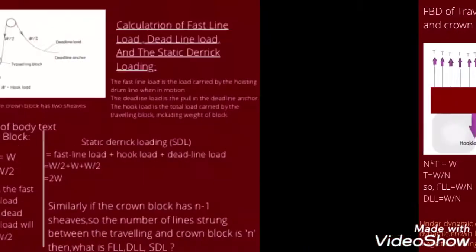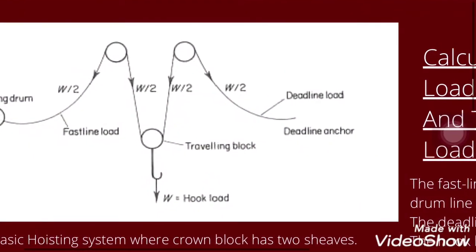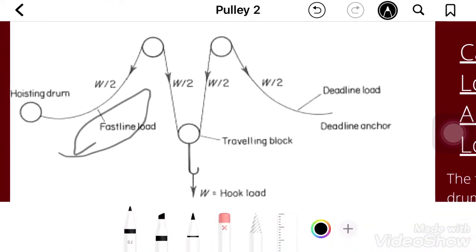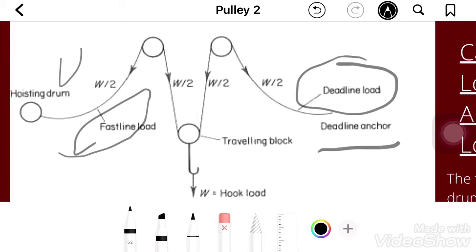The line which is coming from the hoisting drum to the crown block is the fast line. This line is the fast line, as this line is the moving one, which is moving while pulling up or letting the drill pipe down. The movement of the traveling block is controlled by this fast line only. Now this static line is known as the dead line, and it is connected to the dead line anchor. So you can see here that the crown block is the one where the fast line is going, and the crown block is the only one where the dead line is connected to the dead line anchor.